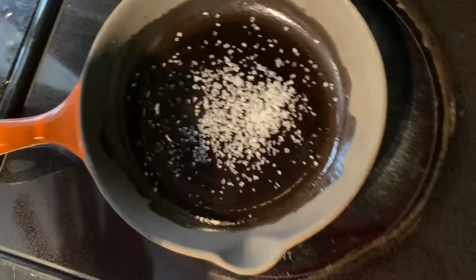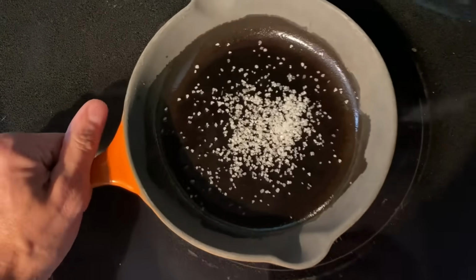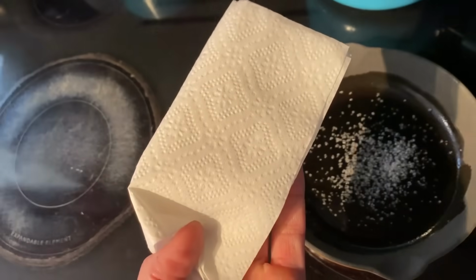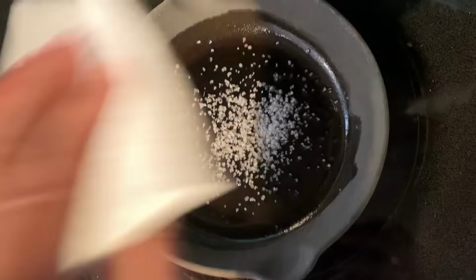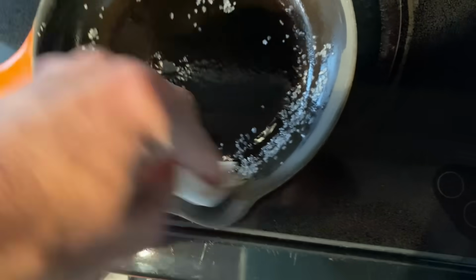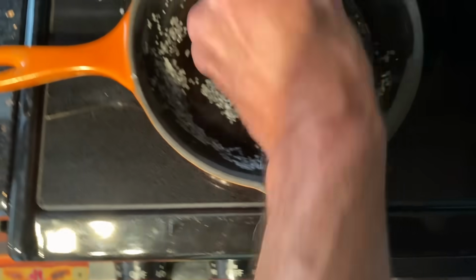This is what the pan looks like heated, so I'm just removing it from the heat. I'm doing this with one hand, obviously, so unfortunately, I'm out of paper towels. I don't suggest you use napkins, but it's all I've got. So I'm going to start rubbing this around and remove it from the heat here, so it's going to be nice and warm. And I'm just going to go very easy around the edges here,